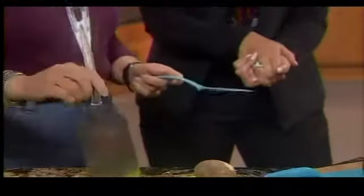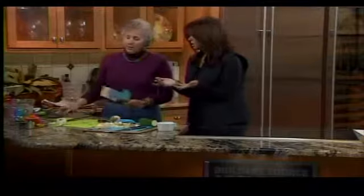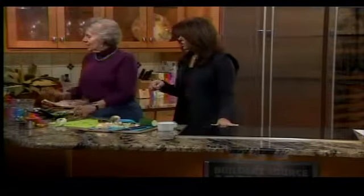If I'm doing something like breaking up ground meat, I'm going to use something with a very stiff edge like this. What about like an omelet? An omelet, I'm going to use something very flexible because I don't want to break the omelet when I flip it. Got it. Okay, so now for stirring, if you want to stir or scrape any of these,